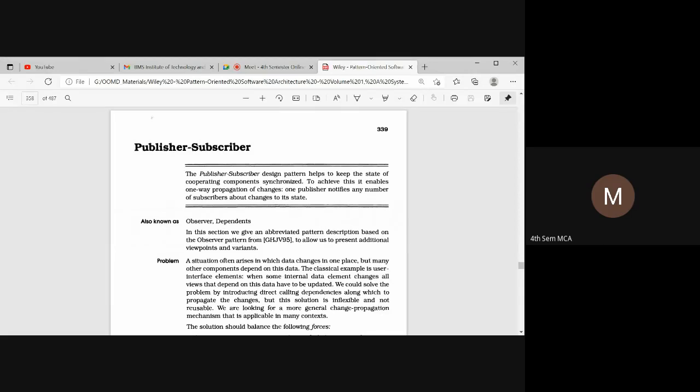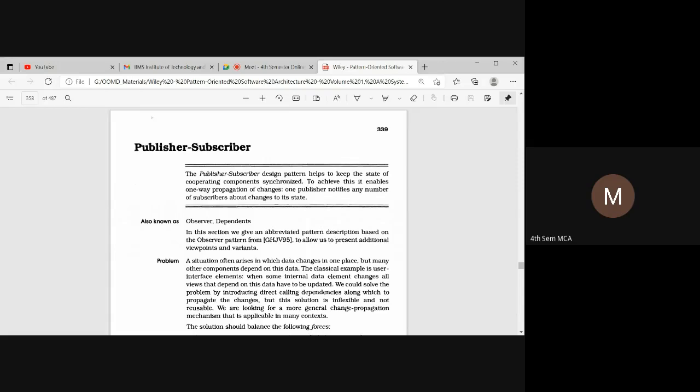So this publisher subscriber pattern we identify as a pattern for synchronizing the cooperation among the components. If there are different components, and any changes happen with one of the components, those changes have to be communicated or intimated to the other components which are communicating with that particular component.